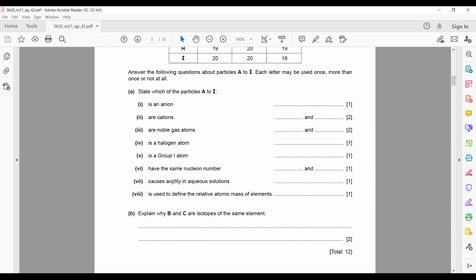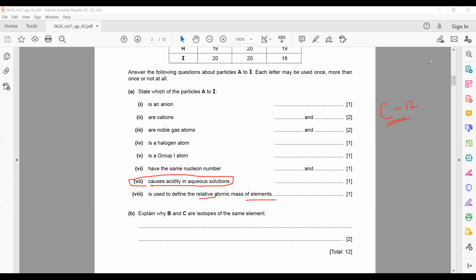Which acidity, leave this part, cause acidity in aqueous solution. Leave this part, that's because they're related to acid. Is used to define the relative atomic mass. So relative atomic mass is the mass of an element which is compared with carbon